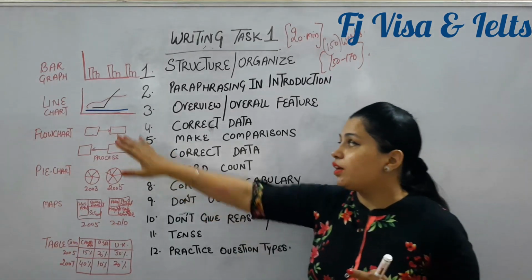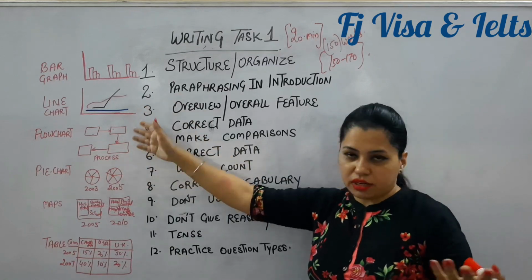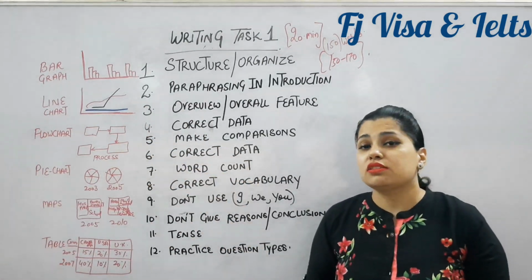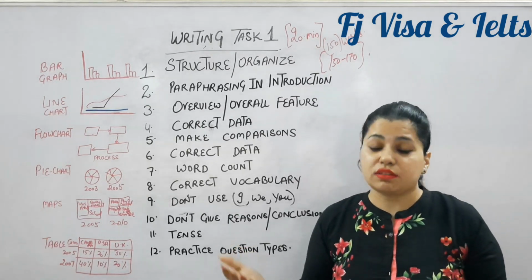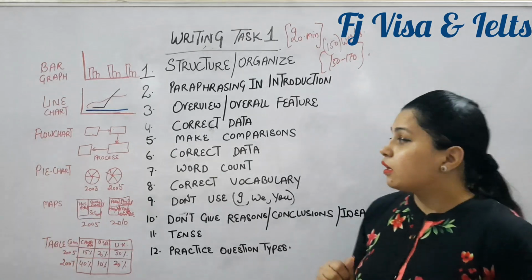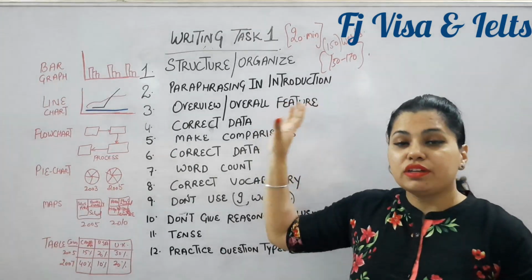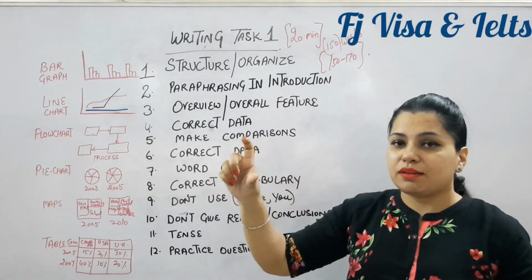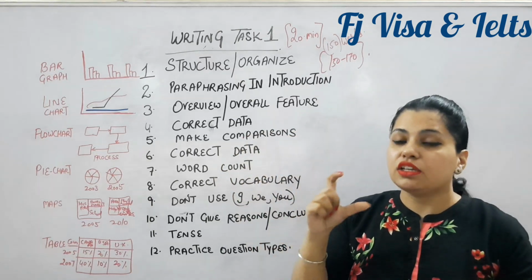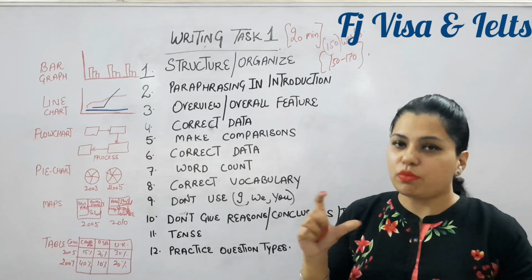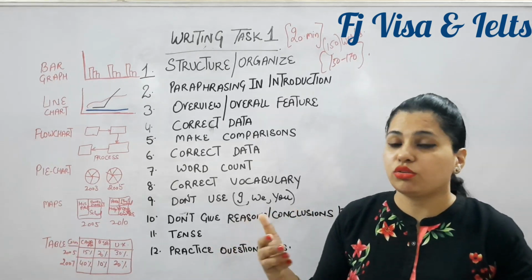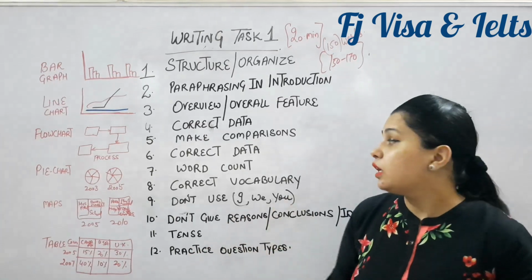For example, we have a line chart or a flow chart. Let's take the example of a flow chart. Assume the flow chart is showing the process of making tea or coffee. In the very first paragraph, whatever statement is given in your question, you have to paraphrase it in your own words. Don't copy down the question; paraphrase it using synonyms, or modify the statement as you want.